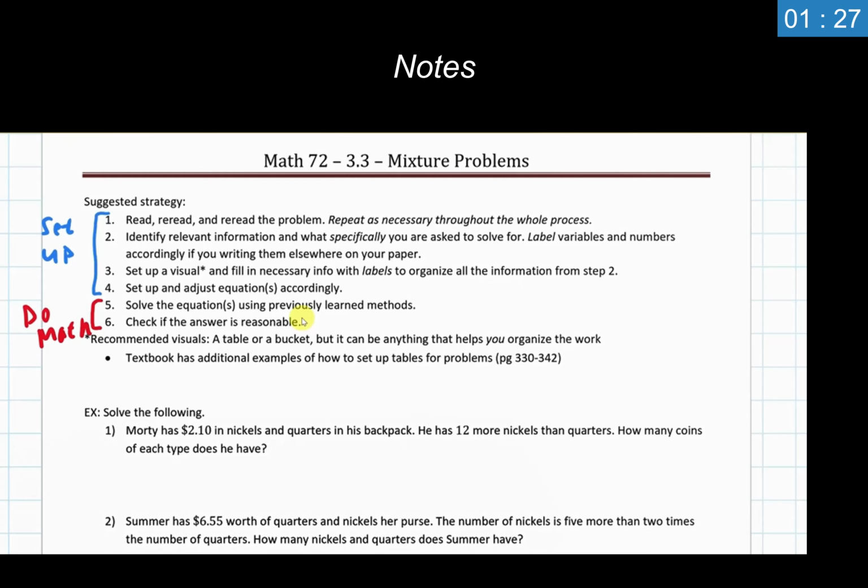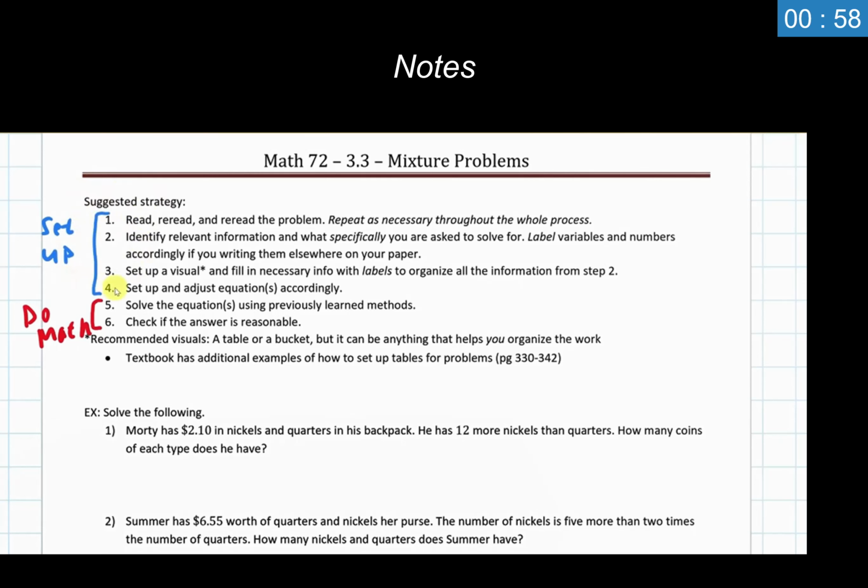And if we go through and find an answer to be the number of pennies is 5 and the number of nickels is -20, does that seem reasonable and make sense? Well, no, it doesn't. I couldn't have a negative number of coins in my pocket. That's just an unreasonable answer. That would mean I need to go back and maybe check how I solved the problem, or check my setup, make sure that I have everything properly created for myself.